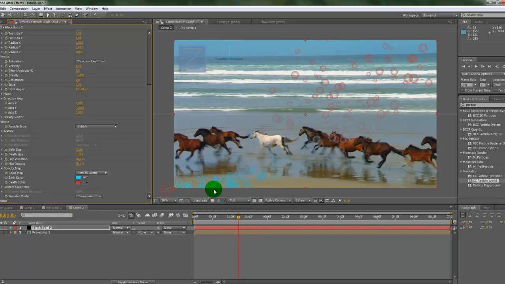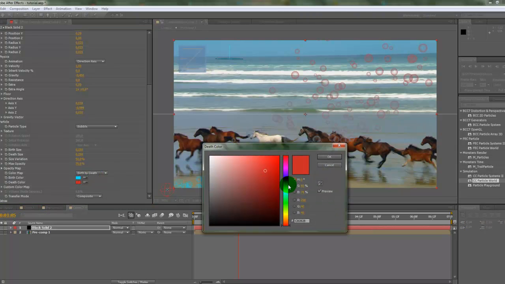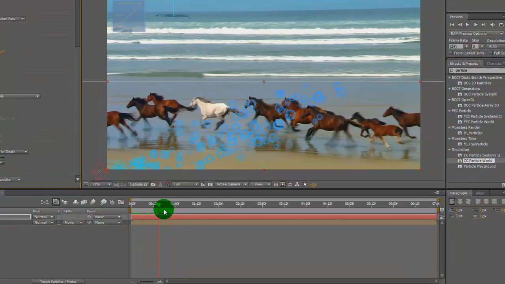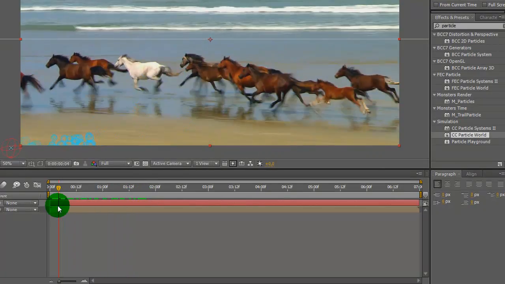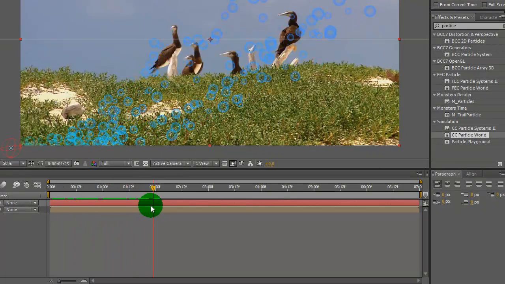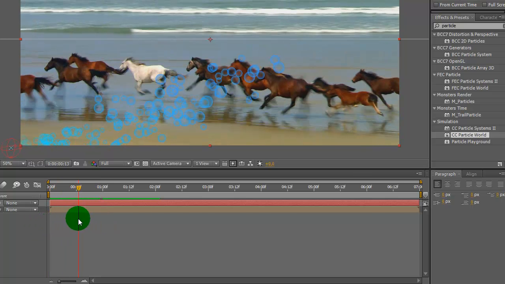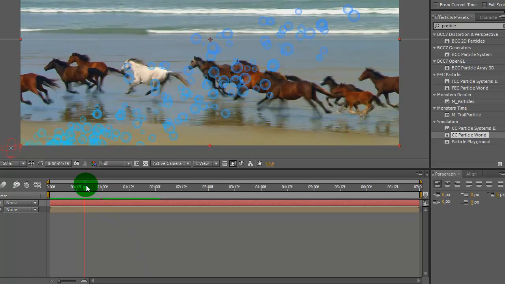Oh, this is pretty cool, but it's not what you want. So now change to a darker color as a death color. Okay, now we have some nice bubbles, but we now have to animate the effect because that's not what we actually want. Now move the cursor